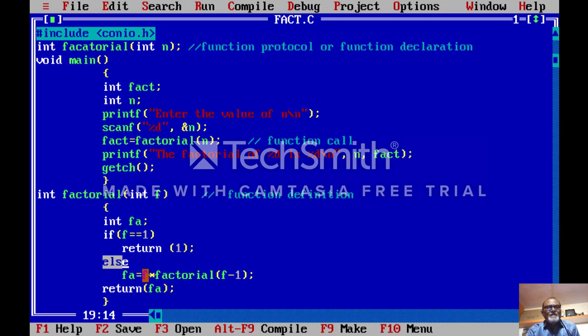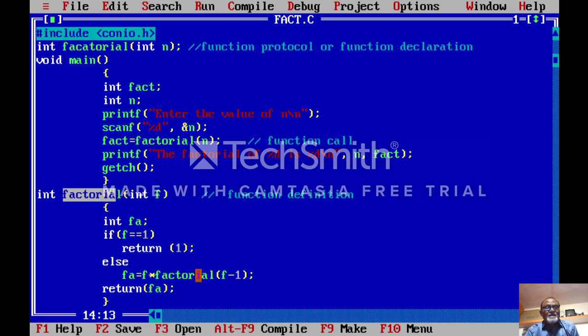That means, for example, suppose the value of f is 3. So 3 multiplied by factorial of 3 minus 1, that means 2. Again this factorial function is executed. That means this factorial function is inside the factorial. So this is called recursion.